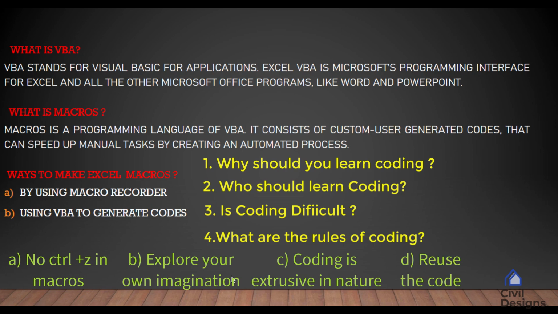Rule number 4 is reuse. Once we are done coding, we should store it in a macro book so that we can use it completely or a part of it later in another program. Rule number 5 is search engines. Always use search engines such as Google or YouTube if you encounter some problems midway through your code. There is always an answer. Many of them are answered in this tutorial package, so make sure you go through each and every tutorial, note them down, pause the video, code it, run it, and do it in your own way.